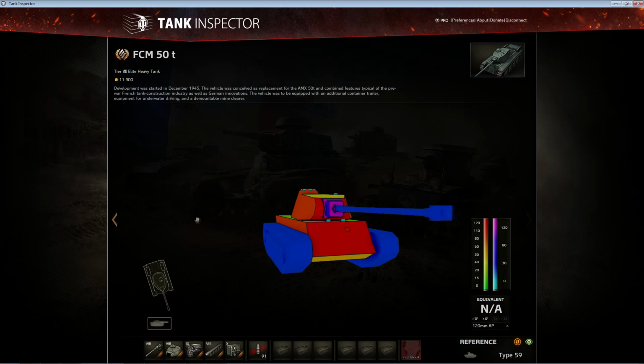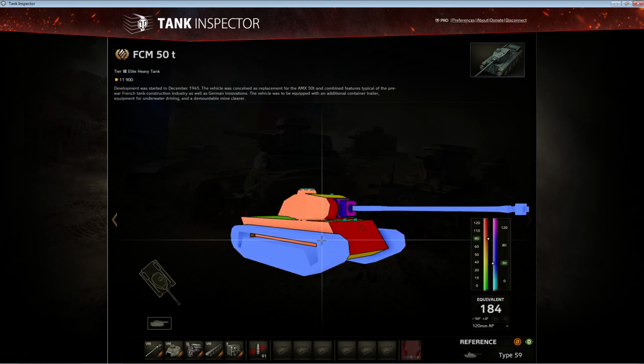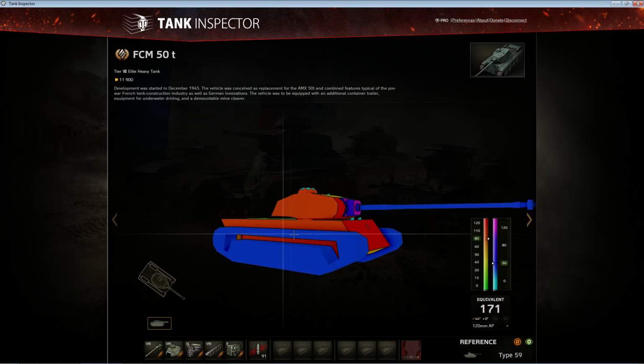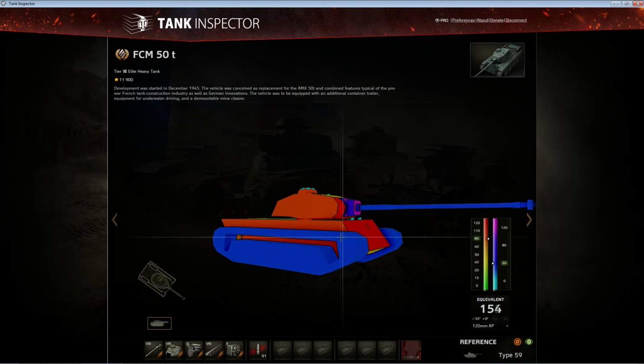The side armor itself can tank a lot of shells as long as your enemies shoot you in the tracks. These tracks are really thick, as you can see, a lot of armor in the tracks. Even almost completely flat angles are still 160. So if your enemies shoot you in the tracks, like a KV-1S or whatever, 175 pen can easily